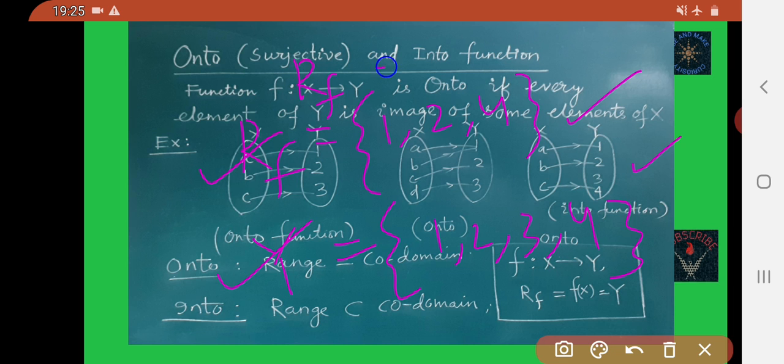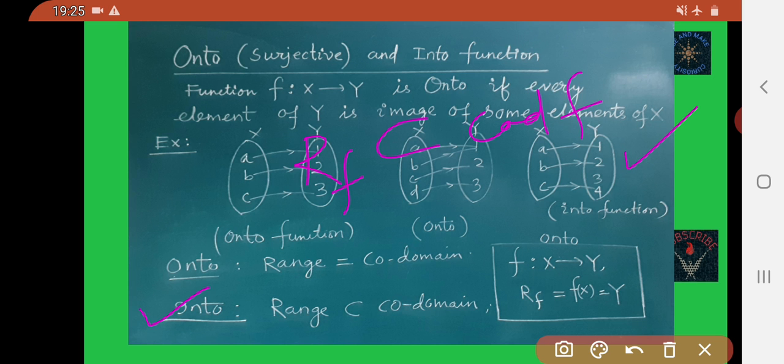Range of f is not equal to codomain of f, so it is an into function. Here the range of f is a subset of codomain of f in this function. So it is an into function.